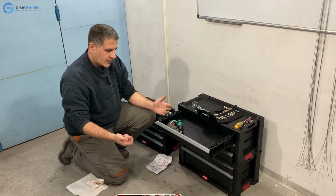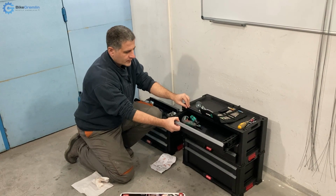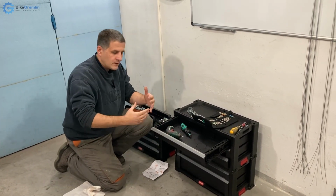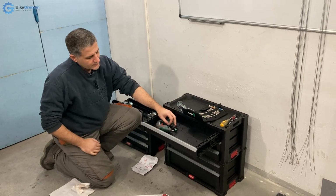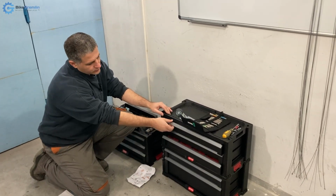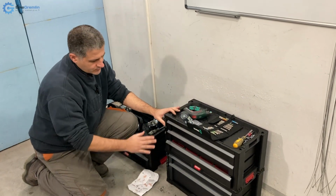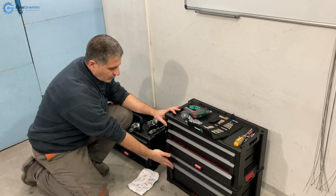So when I pull out a drawer, I can easily see all the tools that I need. I don't have to dig in a deep drawer. So that's one thing. And I would also like to caution you that you should put stuff on the bottom ones first